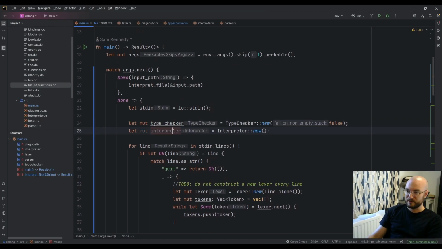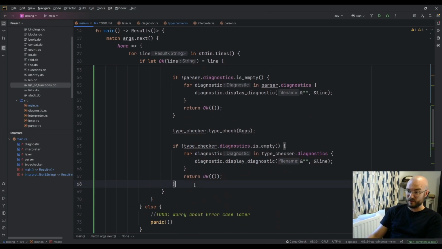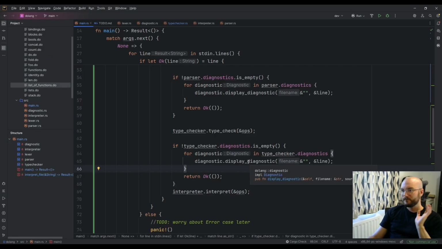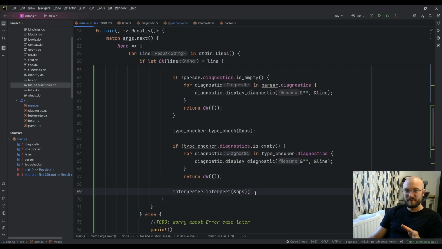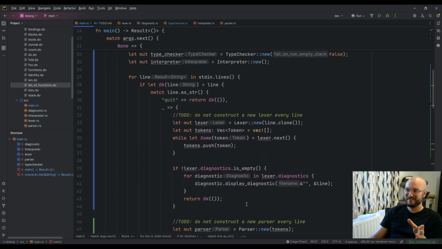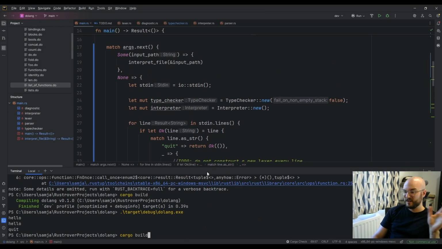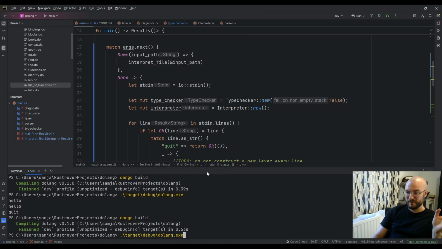We get the interpreter, and then we just interpret the ops, and they take that by a reference. So that might be it. We can test it out. This might not work at all, but I think that might be it.